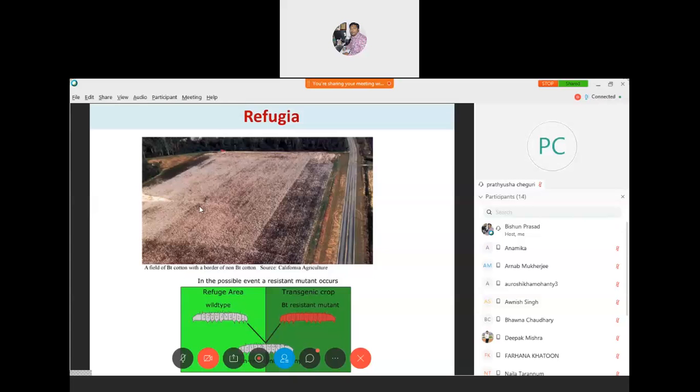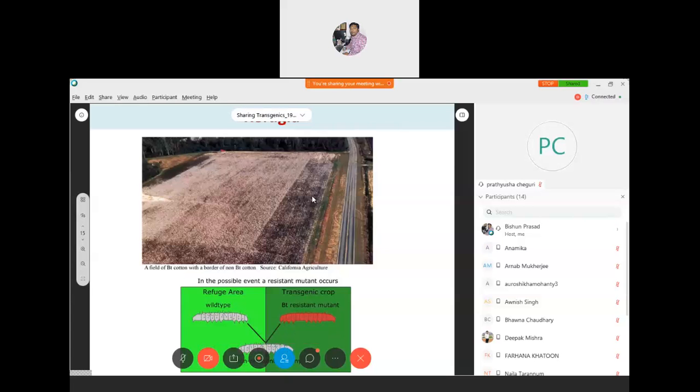So what we can do is, if some of the larvae are able to survive on the toxin or become resistant, then they can meet with some of the larvae which are not resistant. So in this refugia plant which is grown at the border and also mixed in between, you can find some wild type larvae. If the resistant larvae mate with the wild type larvae, as shown in the picture, the offspring will be wild type, which is not resistant, and what will happen? Your resistance will not break.